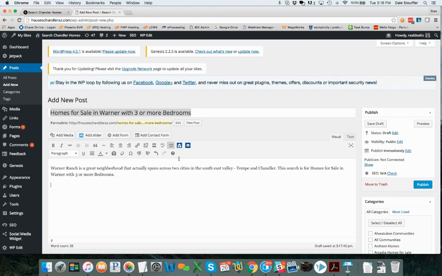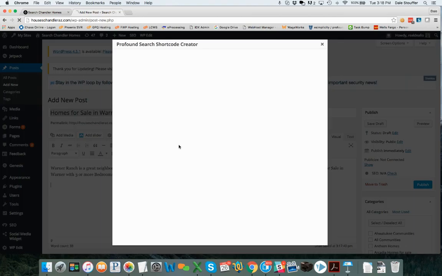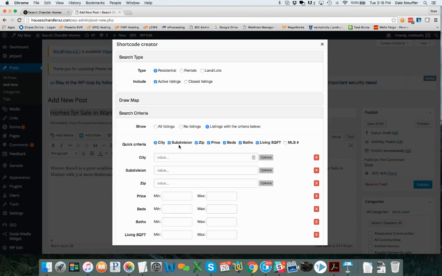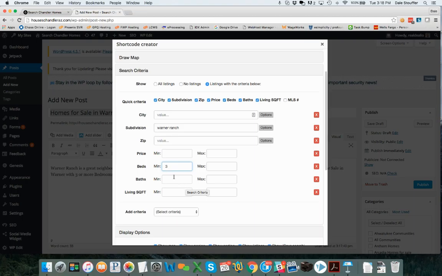Now I'm going to build my search, and then I click this button for that, and I open up, and I'm just going to put subdivision Warner Ranch, and then I'm going to say 3 bedrooms, and I'm going to leave it blank over here so it's 3 and up. And I'm not going to do any baths because I'm pulling in any home with 3 or more bedrooms,